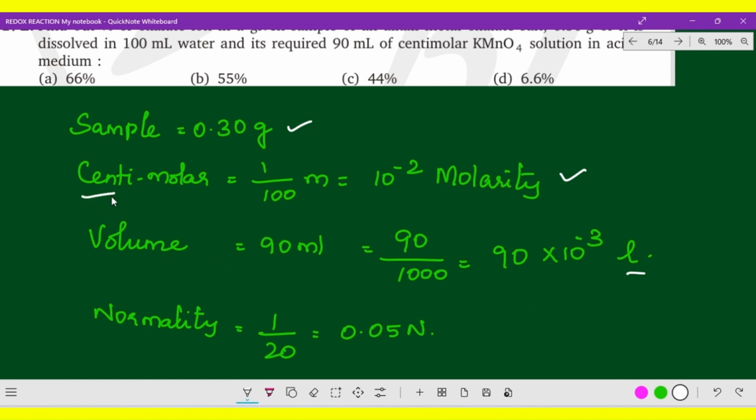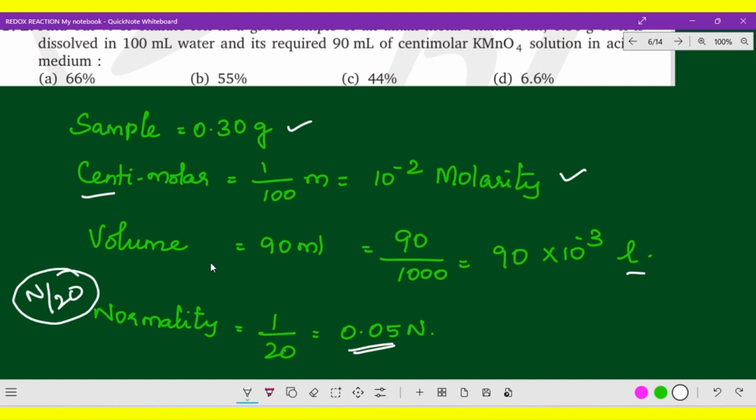Generally, centimolar is given, no? In centimolar, we can identify N by 20, so we can convert it into normality. I think you got an idea about how to convert centimolar into normality. Here, 100 means N by 20. So normality is 1 by 20, so you are getting 0.0